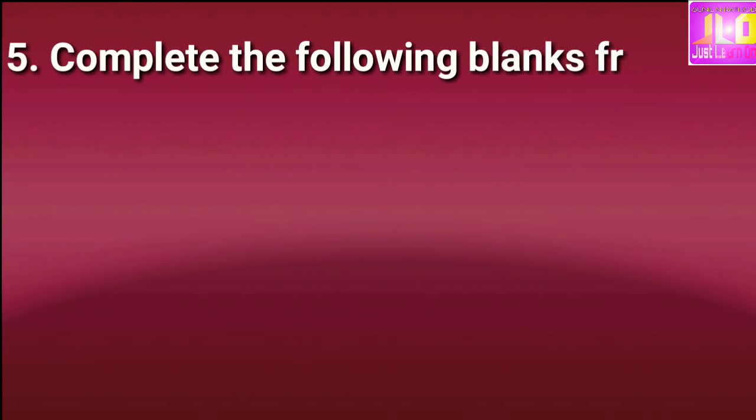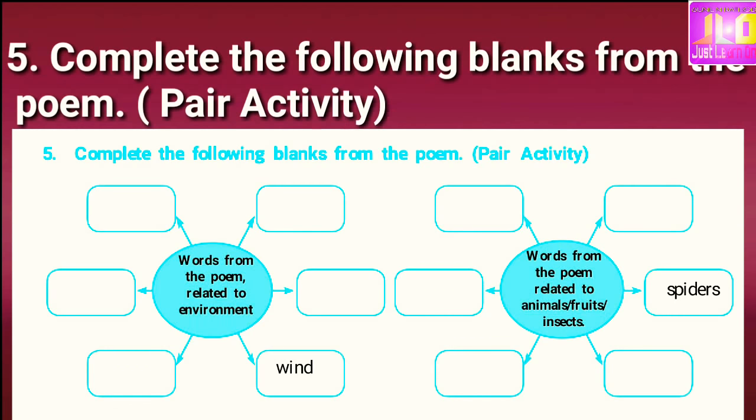Question number 5. Complete the following blanks from the poem. Pair activity. Words from the poem related to environment: stars, clouds, rain, wind, hills,